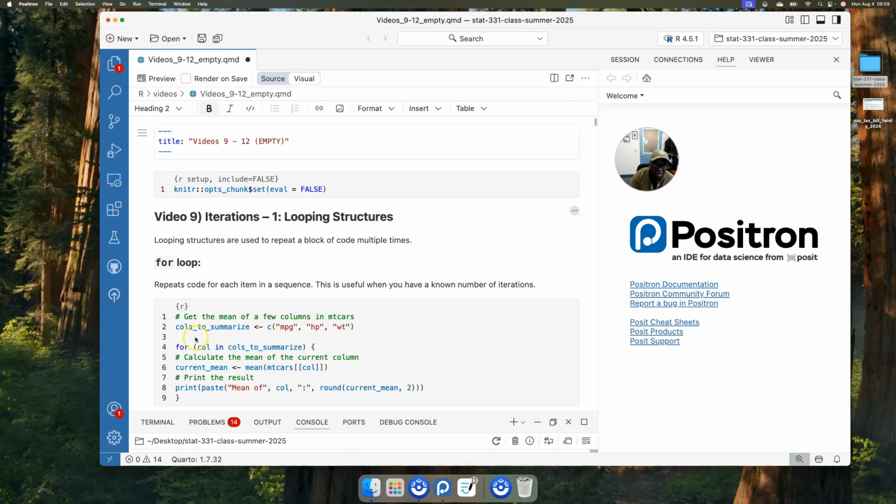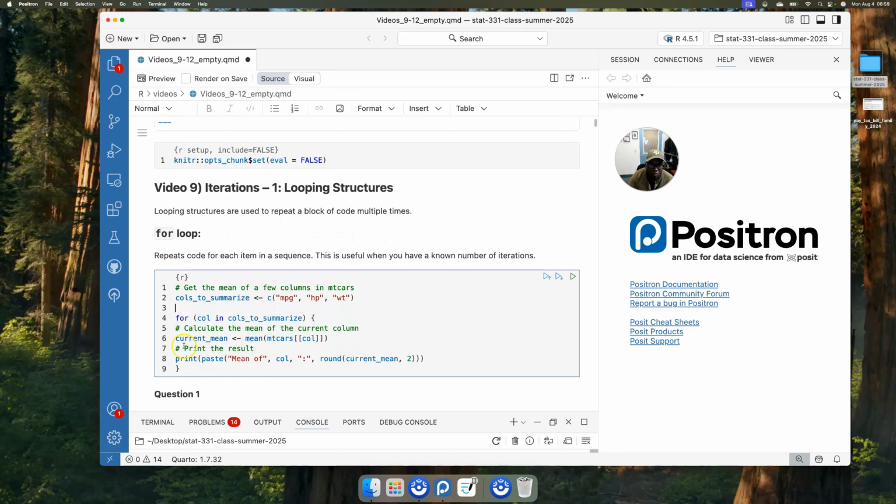So in this situation, it says columns to summarize, and that's miles per gallon, horsepower, and weight within this vector. So they're all strings. And so this for loop is going to go through each element, and we're going to store